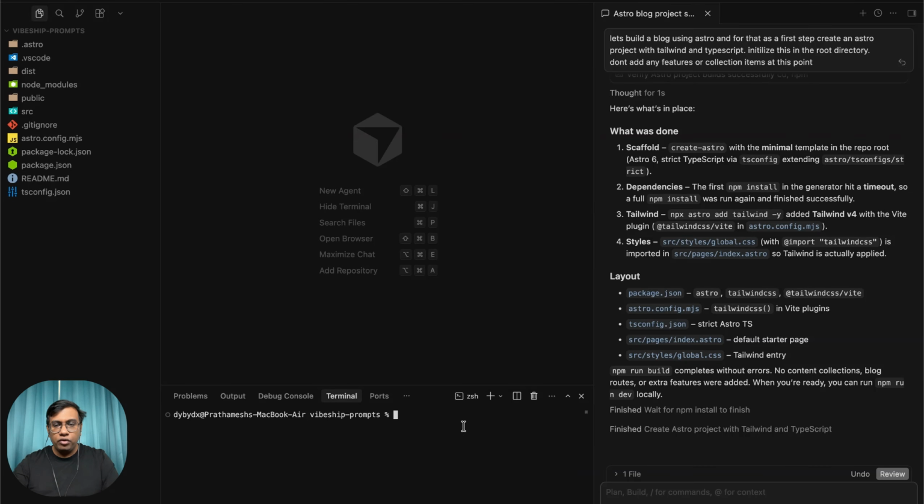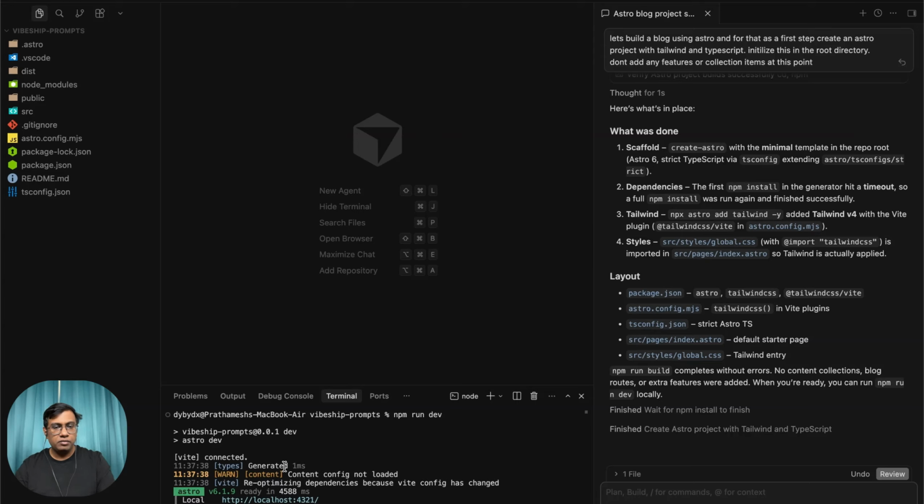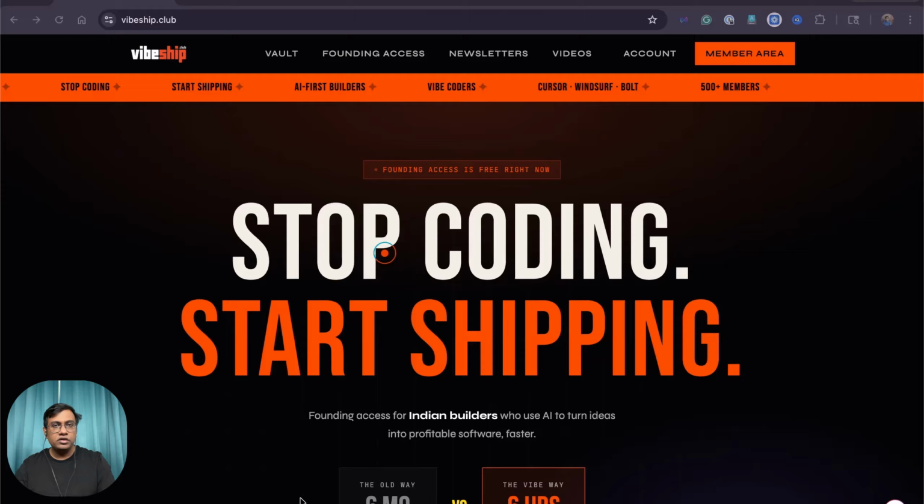Here I am going to run the command npm run dev, and let's see if the project has spun up. Yeah, the project is here and this is the URL. You can open it by pressing command on Mac or control on Windows and Linux and then clicking on this link. So it will open this particular link,